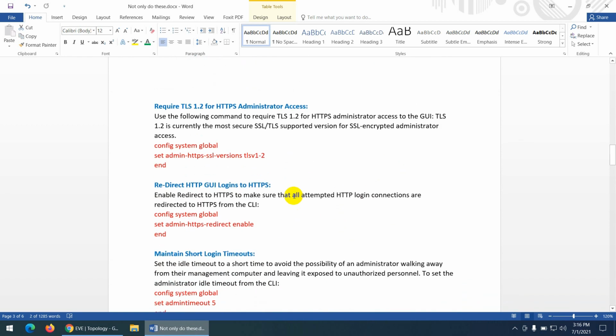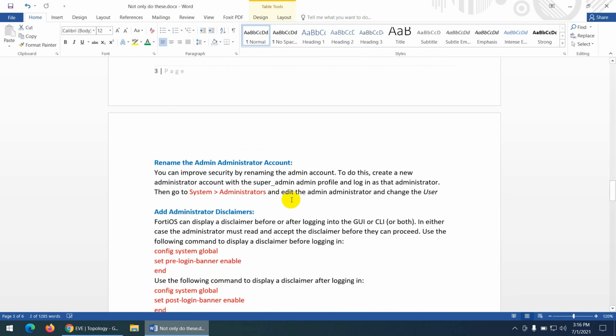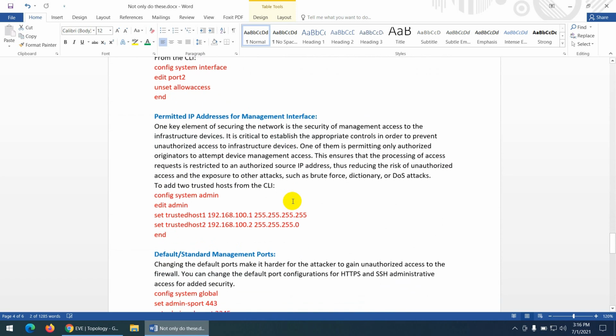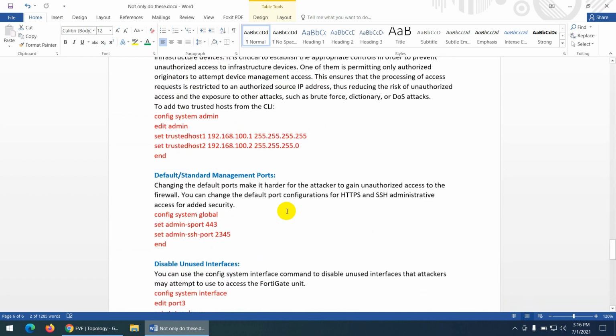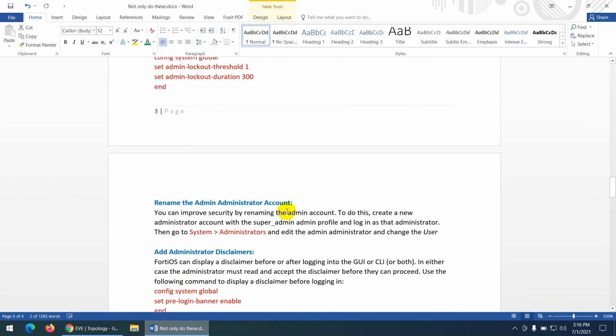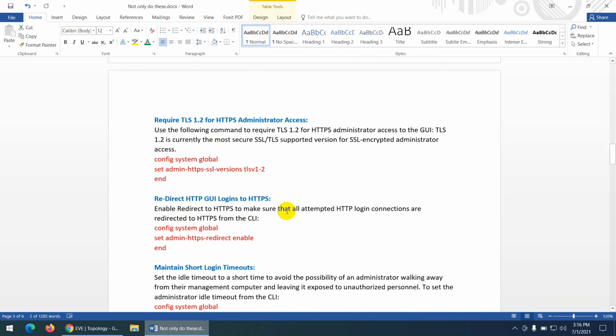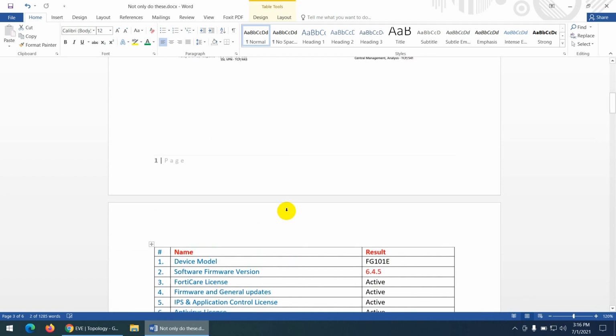So right now I'm interested in the FortiGate firewall, how you can secure them and how you can audit them. Then we will apply all these things to make them secure, which is very important. By default these features are disabled most of the time, and administrators don't know about them to protect their devices.